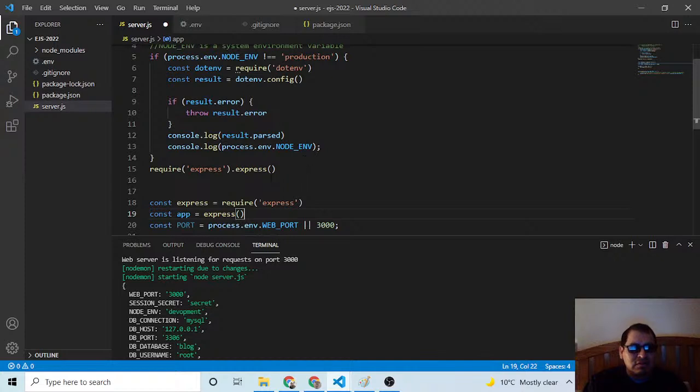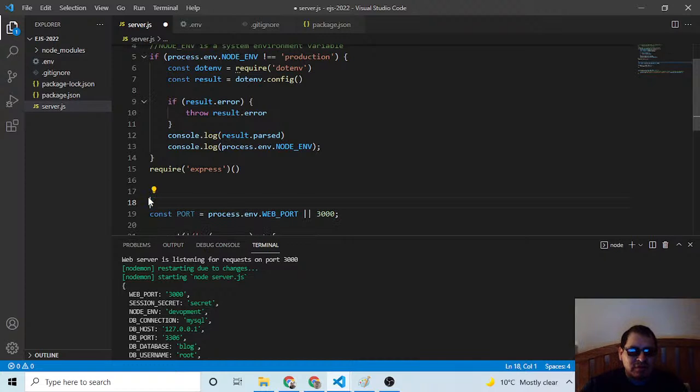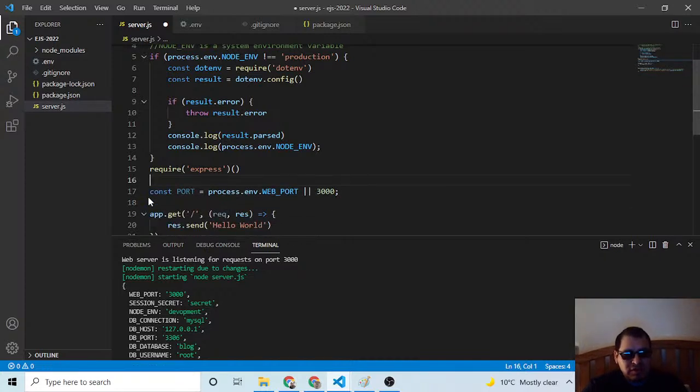No, I think it's just that, because we get the express, or maybe just that. Yeah, let me test my theory. Okay, I'm going to save.